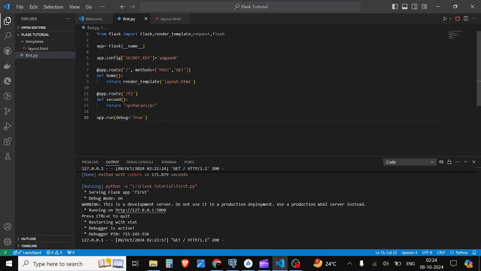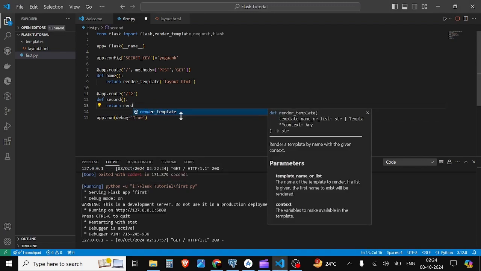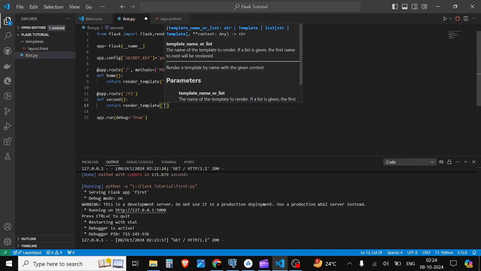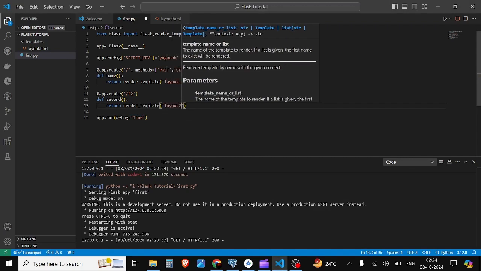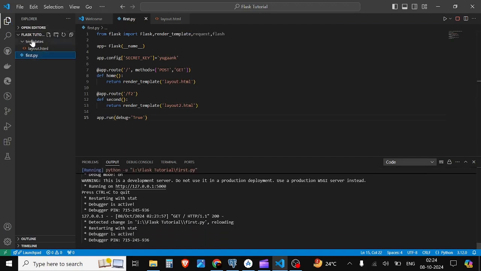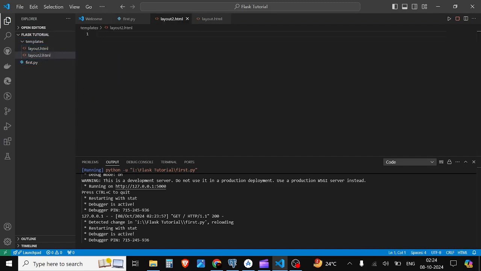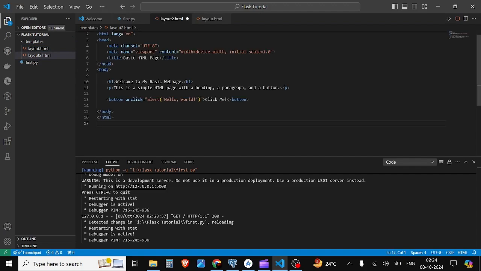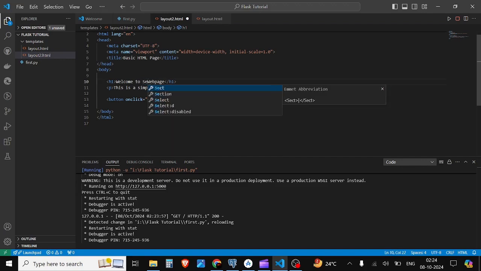Now let us see if we want to integrate it here also. We can use the render template function. We will later on be making this file, so we just kept it here. Now once you've done this, we save this. In the templates, we go and make another file, and we call it layout2.html, and we paste our original file here, and we are going to make some modifications here and say second, and let's say for a change, we change this alert message to